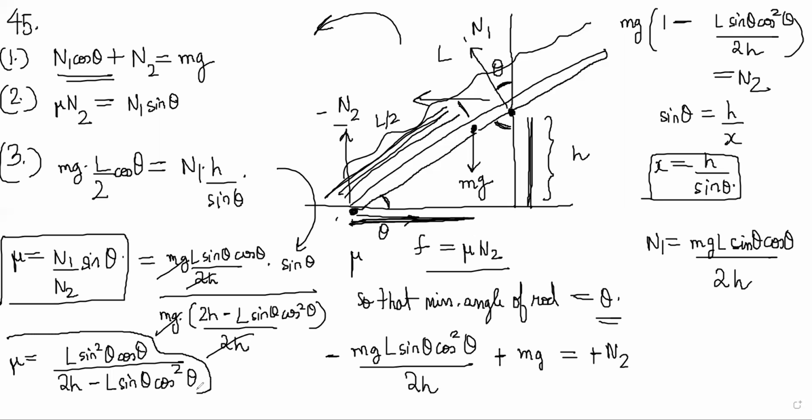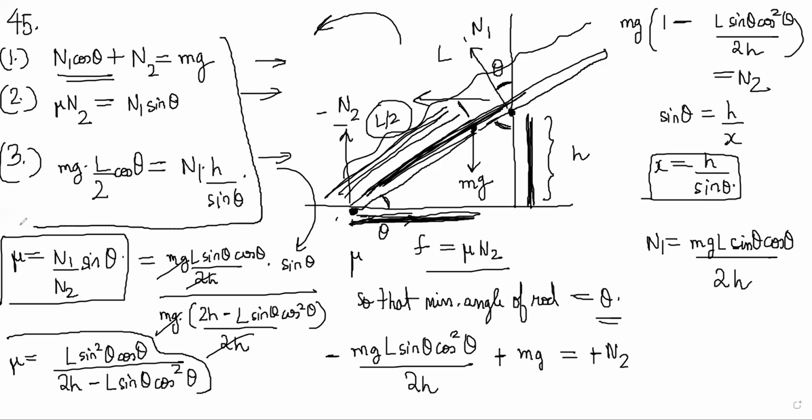So it is straightforward if you know what you're doing. Force equations, torque equation. That's it. Torque can be taken about any point. I chose my bottom point, and torque of only these two forces. So I need only this distance, which is L by 2 cos theta, and torque of N1 will be dependent on this H, so H by sine theta is this distance. These three equations, and just be careful, you have to solve for mu. So you just remove N1 and N2. Get N1 from the third one, get N2 from the first one.